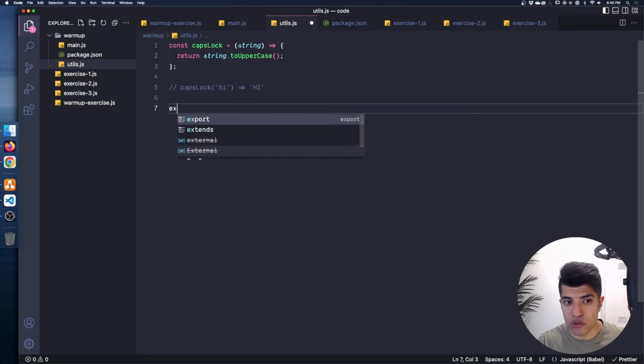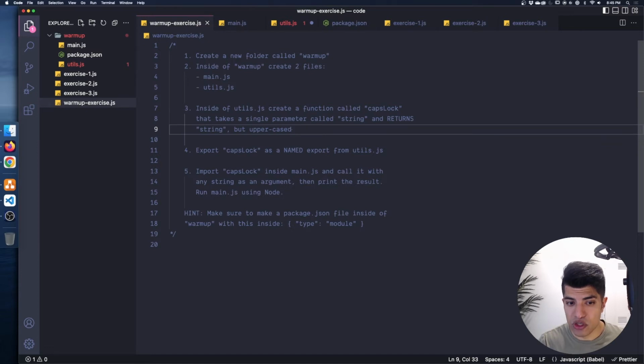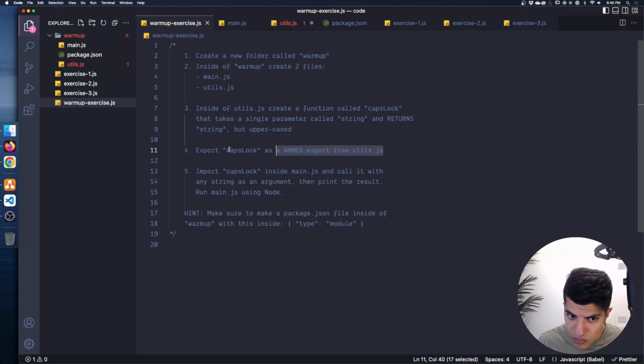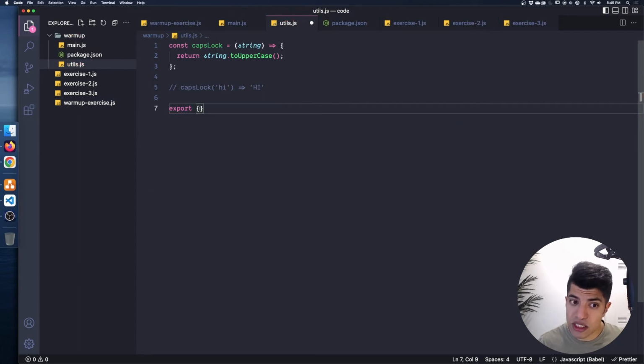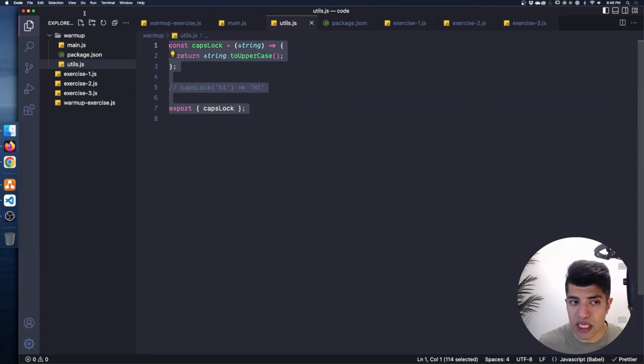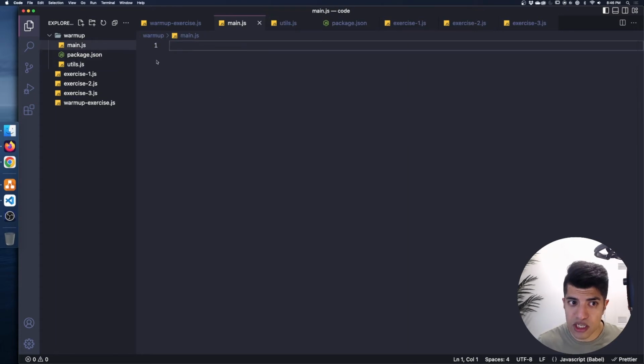Okay. And I'm going to do export, and we wanted to do this. I'm just going to switch back to the instructions here. We wanted to do this as a named export right here, step 4, and not a default export. Okay, so to do that, we do export like this, and then we have the set of curly brackets. Spacing doesn't really matter in here. We can do multiple lines or on one line, and inside of here, we just put the thing that we want to export. My saving puts it back on one line since I only have one thing exported, but that's totally fine. So in this case, I could also rename it, but I'm just actually going to leave it as caps lock. So we have caps lock inside of utils.js,